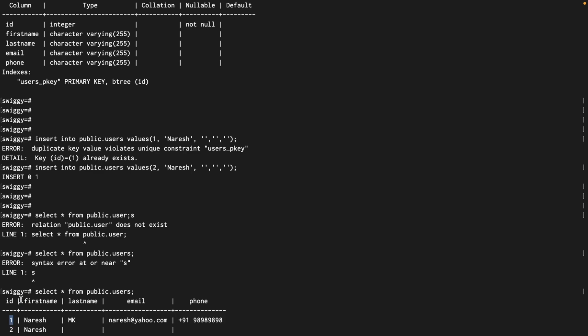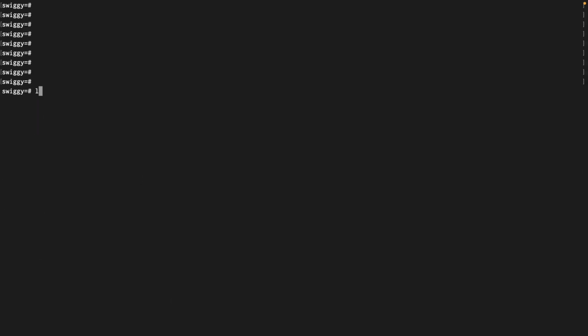Like, if there was already an integer ID there, what happened is we get the duplicate key error, right? Key already exists. So it violates the constraint. These are called constraints. So it's a unique key constraint, that's why we got this. Again, if I want my email ID and phone number to be there to register a student,